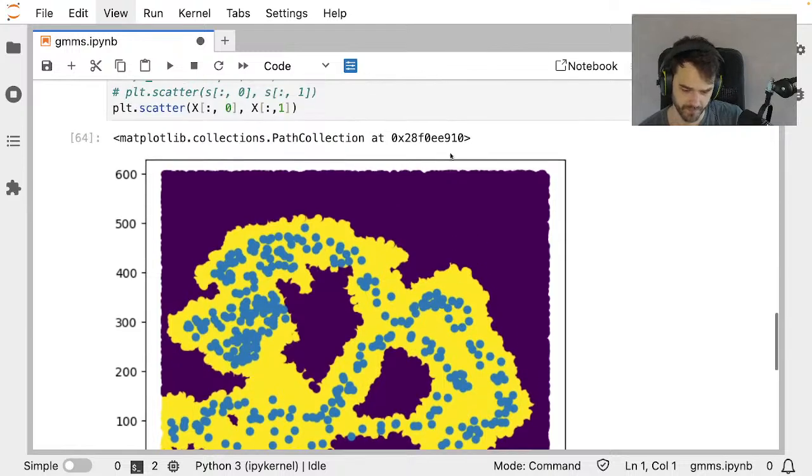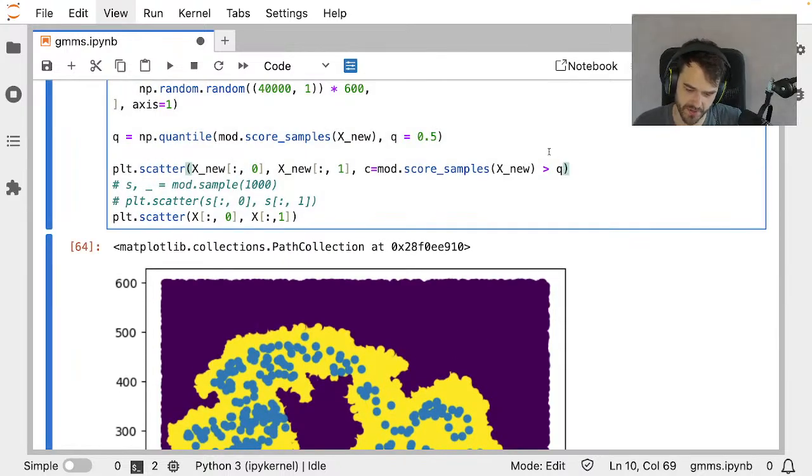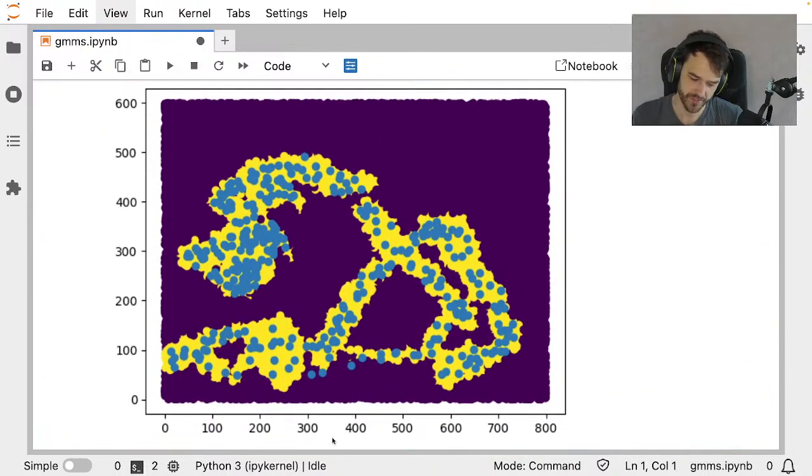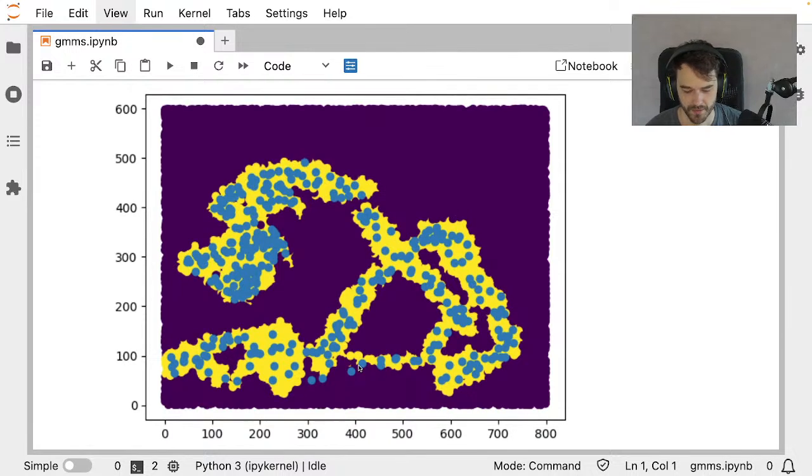Another thing that's also kind of interesting is you also have a pretty reliable tuning knob. You could say, well, maybe I don't care about the 50% quantile. Maybe I want to be just a little bit more strict. Maybe the 70% one. In this case, you can also see that some of the training data points are going to be detected as outliers here because our definition of likelihood is just a little bit too strict. But it's still kind of nice. I would argue we have a pretty interpretable tuning knob for our outlier detection system.